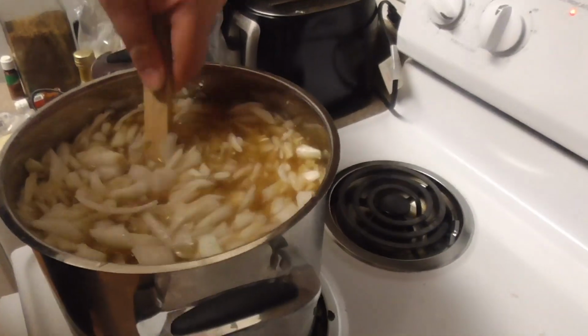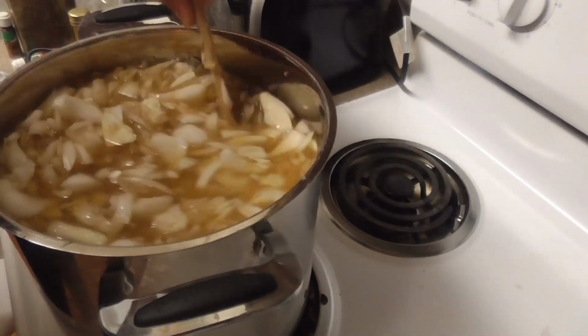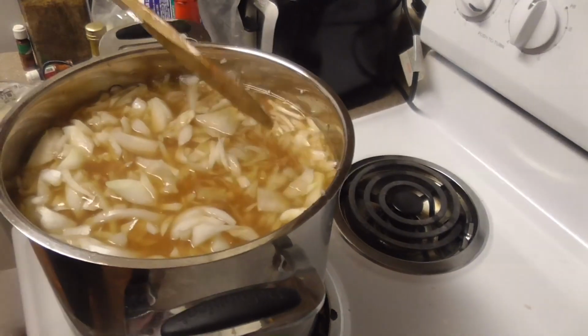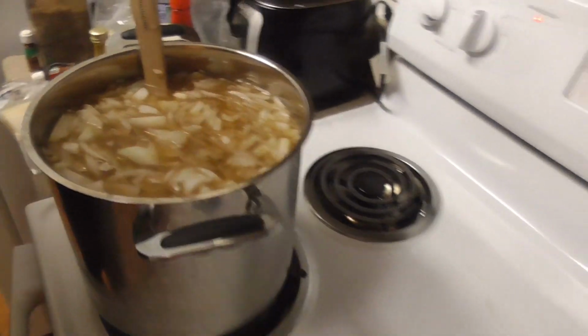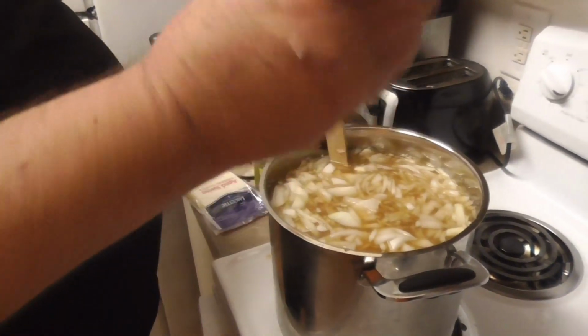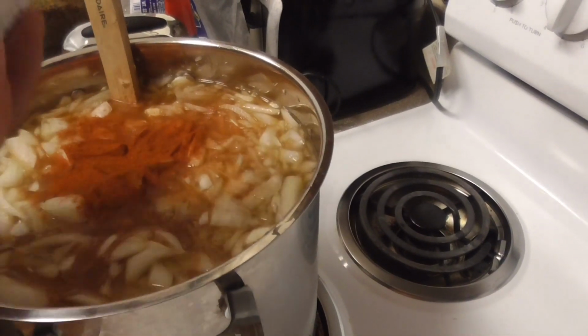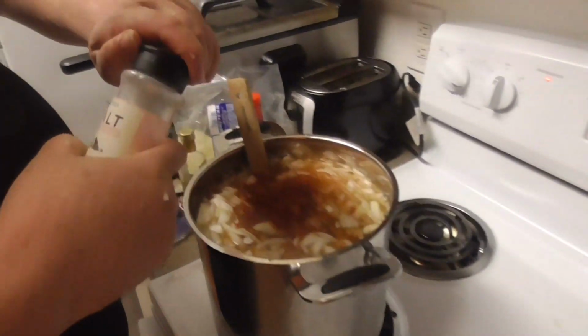So now, you want to make sure that there's plenty of liquid to help that onion just soak in all of that broth. And then we're going to add our magic ingredients. Now we're going to need half a teaspoon of all these ingredients, and I'm just going to eyeball it. We're going to need about a half teaspoon of paprika, half a teaspoon of, well, you can add salt and pepper to taste, but